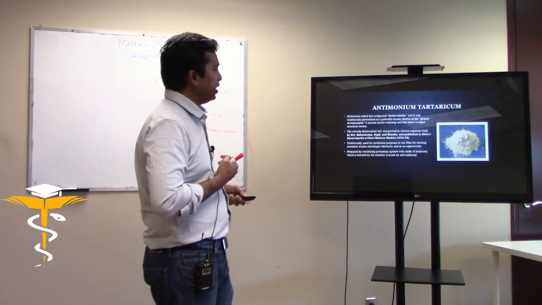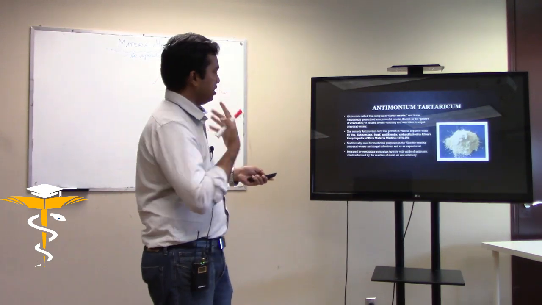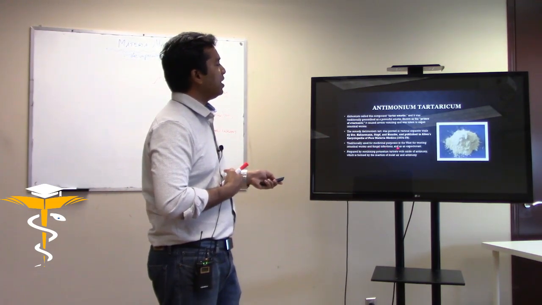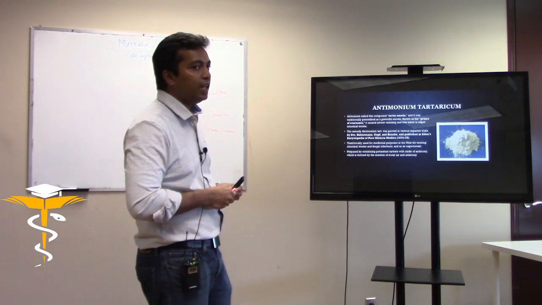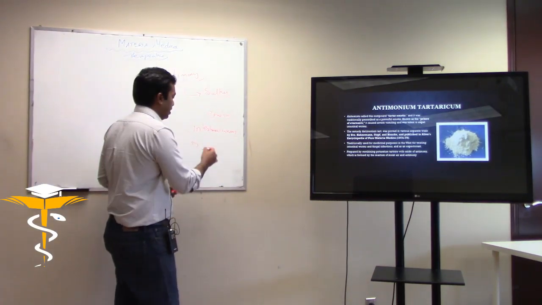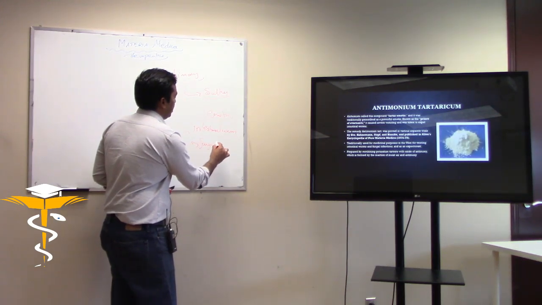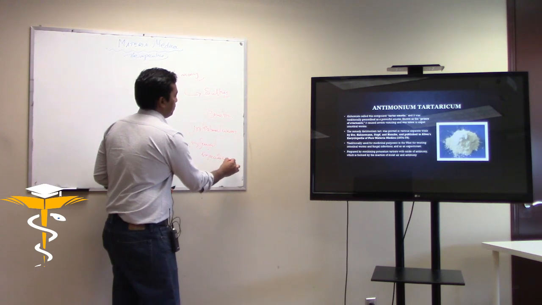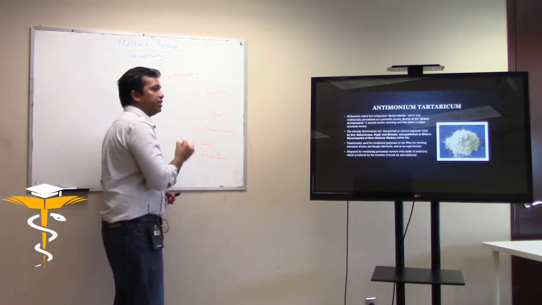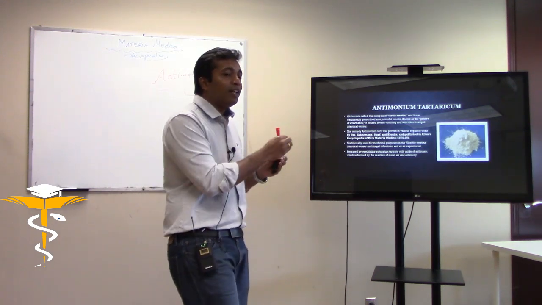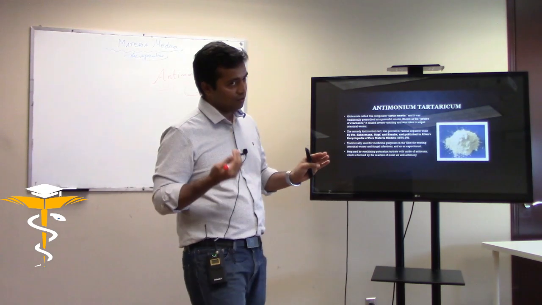Traditionally used in the West, which is this particular part, for treating what? Intestinal worms, fungal infections and as an expectorant, which is basically the allopathic use. So there is a sphere of action that we already know that they've already found out, and we are just taking the homeopathic proving information from it.